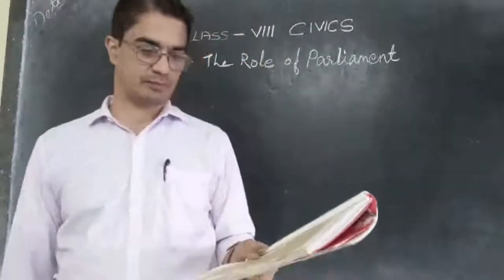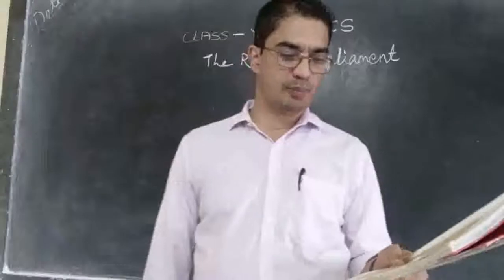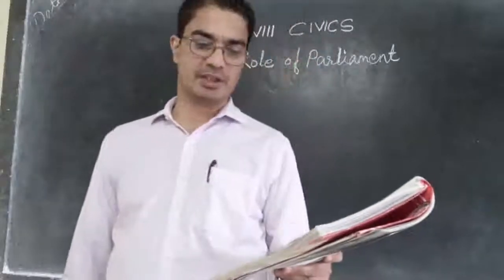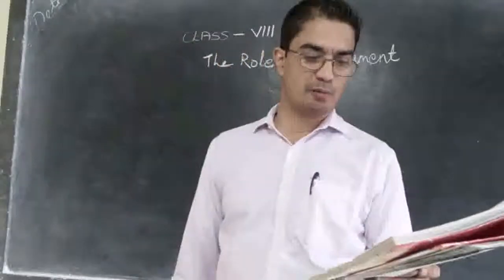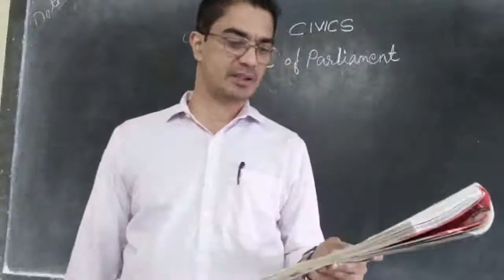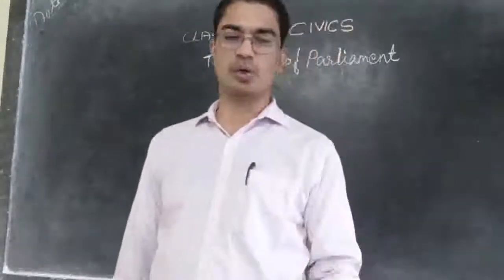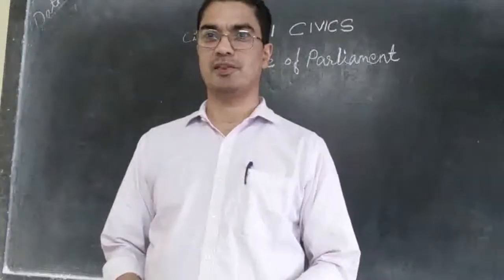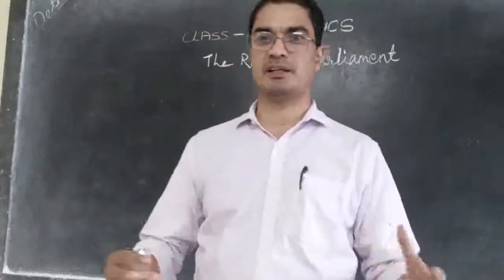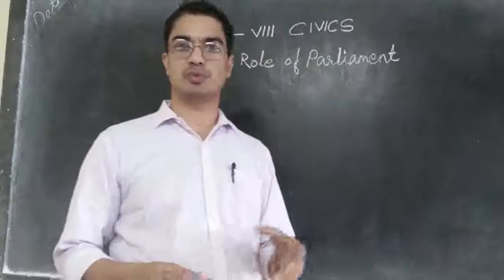Then number 6. You have read that people participate in other ways and not just through elections to express approval or disapproval of the actions of the government. Can you describe three such ways through a small skit? If the school were open, you could have practiced some skit and so on. How do the people